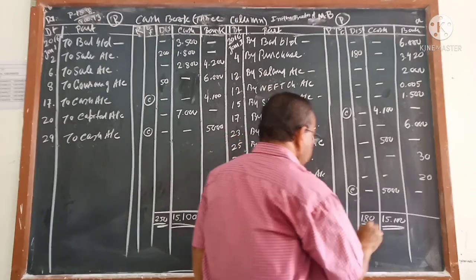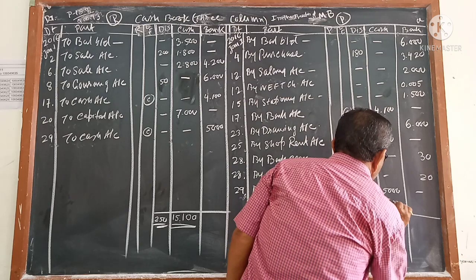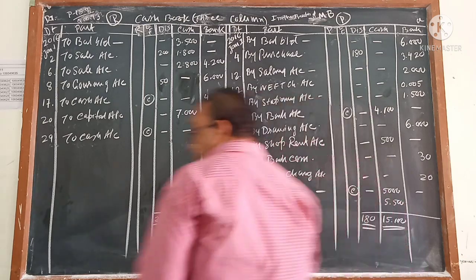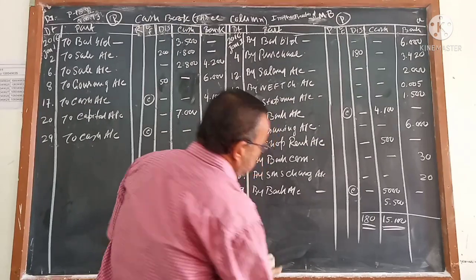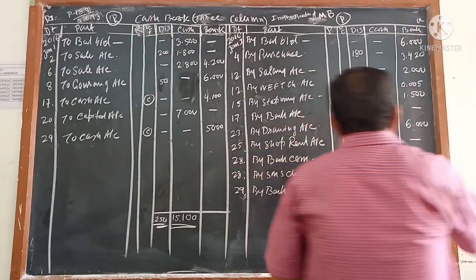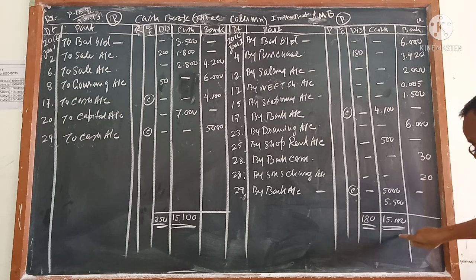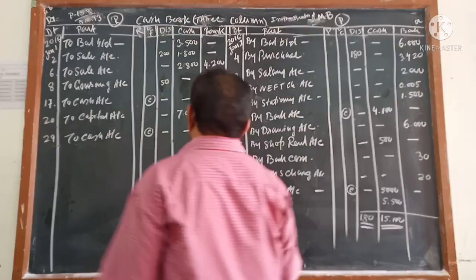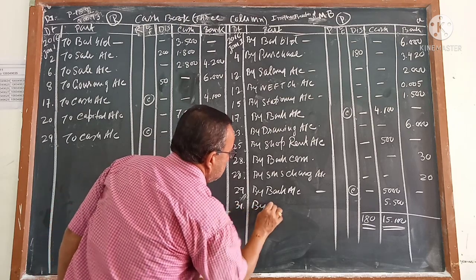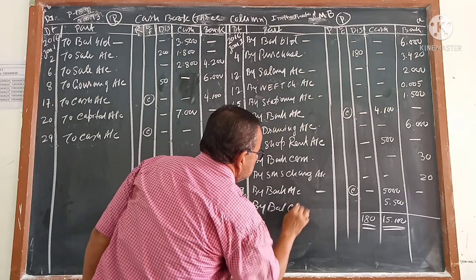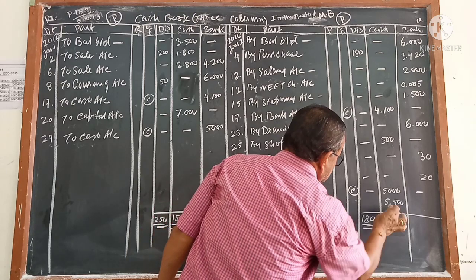5,500. So you will get the balance 5,500. And if you are writing here 5,500, then once again you can check it. If you add this plus this plus this plus this, it should be this. See, 4 plus 9, 9 plus 14, 15,100, correct. And the date is coming, January, it is coming 31st. We will write here by balance c/d, which is coming this one.